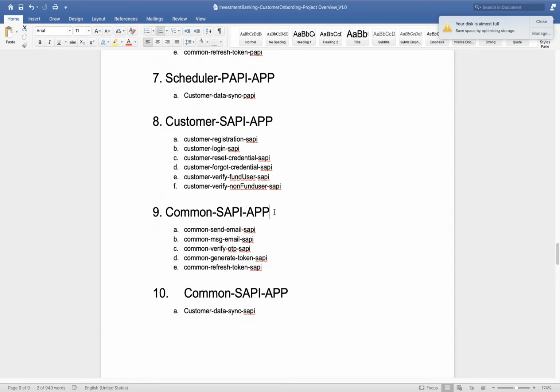Here, this is my Mule application. I created one Mule application. Inside that application, for different functionality, I developed different APIs. So I am terming this as an API. For send email, we will have one API. For send email message, we will have one API. For sending mobile message, we will have one API.